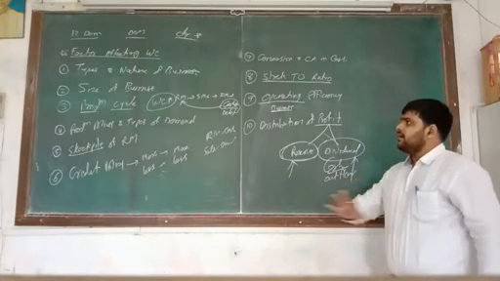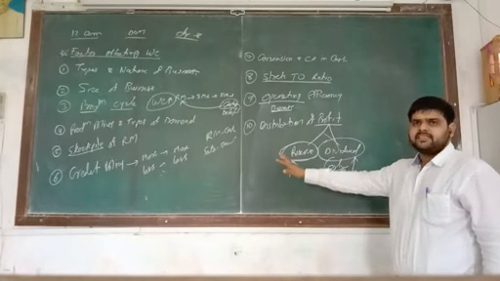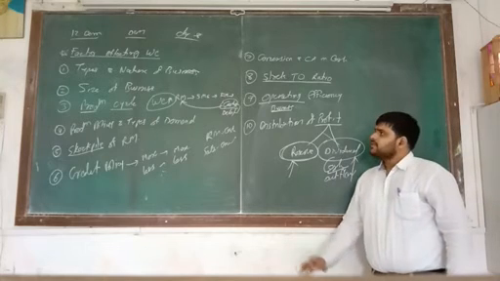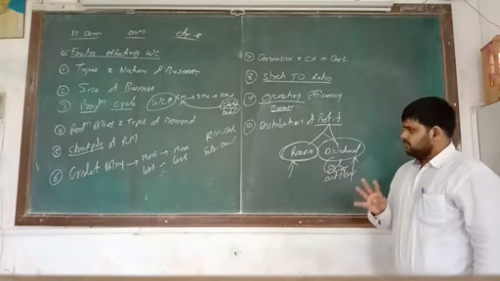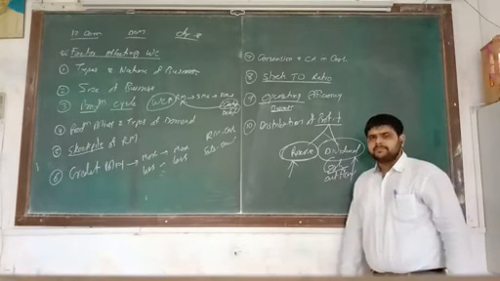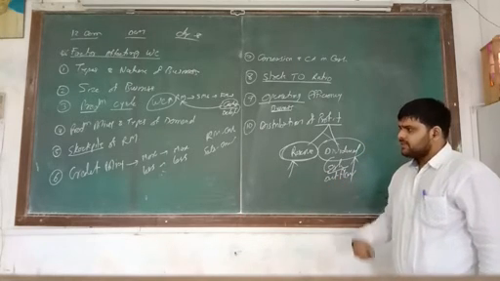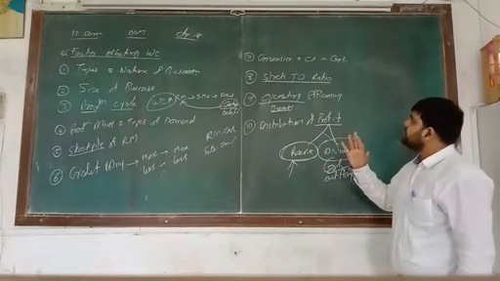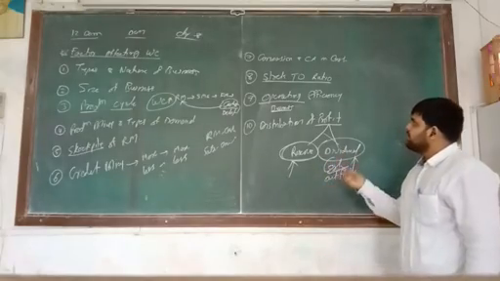So what are you studying? Factors affecting working capital. How many? 10 factors are there. Number 1, types and nature of business. Number 2, size of business. Number 3, production cycle. Number 4, production policy and types of demand. Number 5, stockpile of raw material. Number 6, credit policy. Number 7, conversion of current assets into cash. Number 8, stock turnover ratio. Number 9,